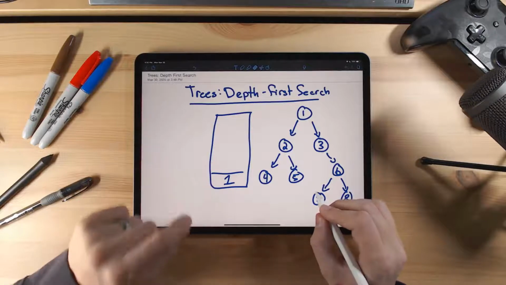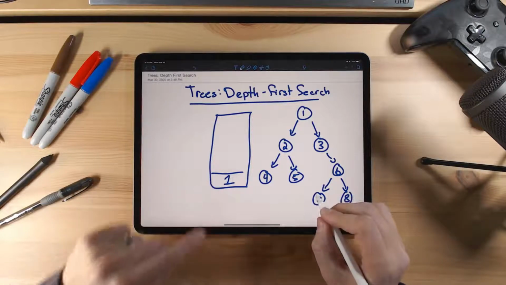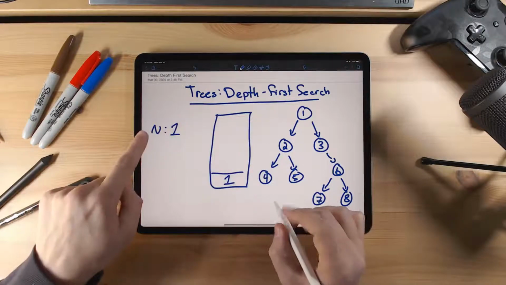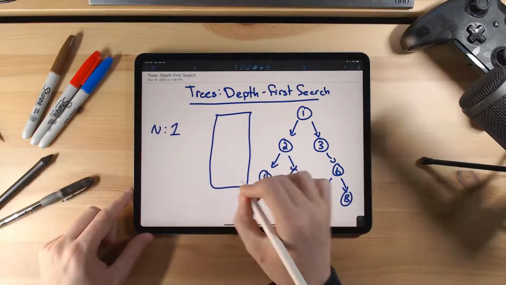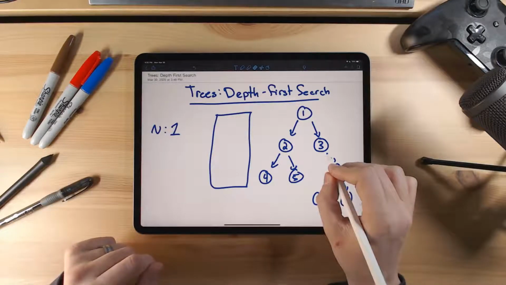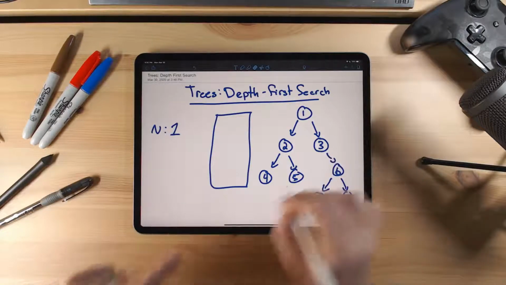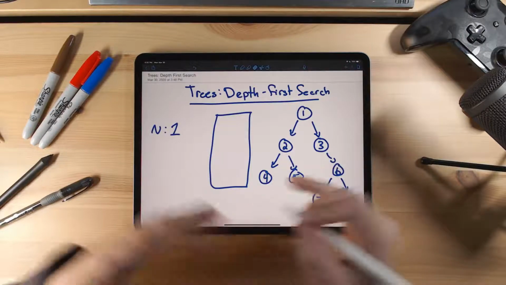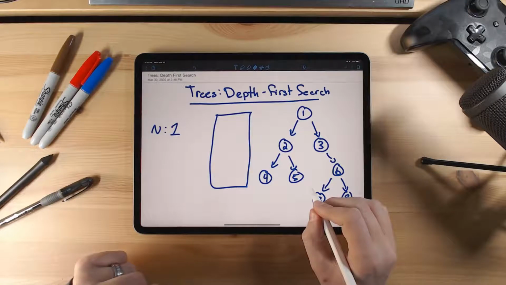So in this case, it's going to remove 1 from the stack. Our node that we're currently looking at is node number 1, and this would be removed or popped from the stack. When we look at node number 1, it would add its 2 children, 2 and 3, onto the stack. And it's going to do this sort of in reverse order than you might assume, which you'll see why in